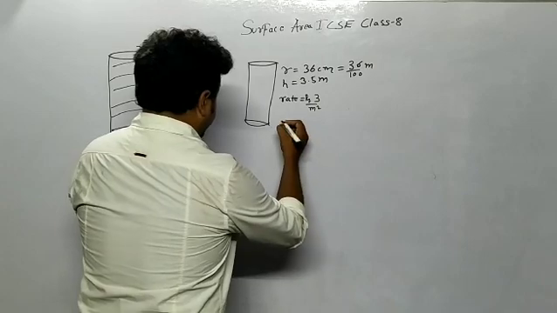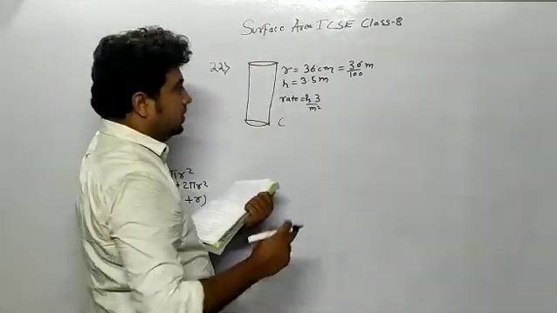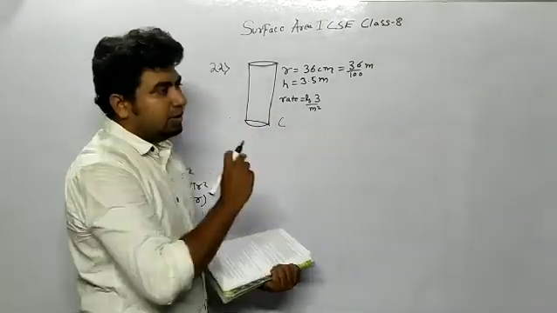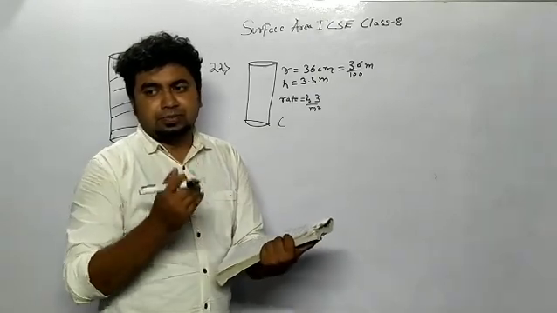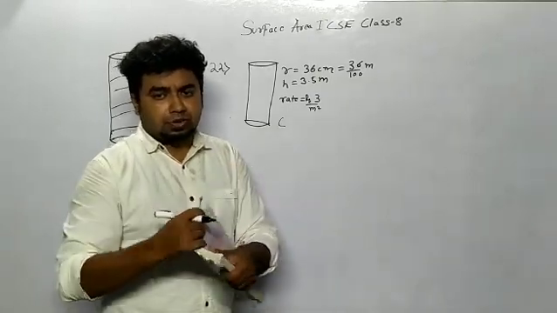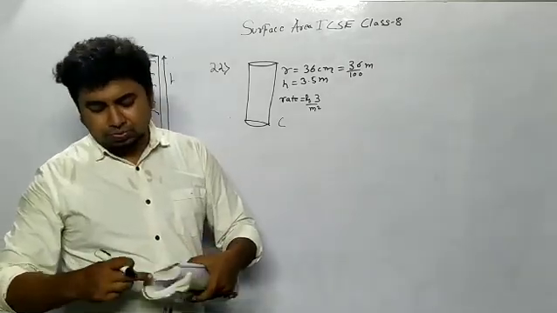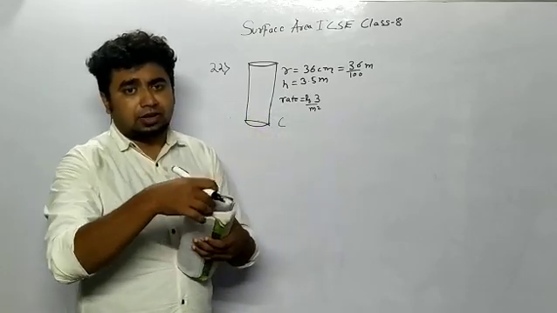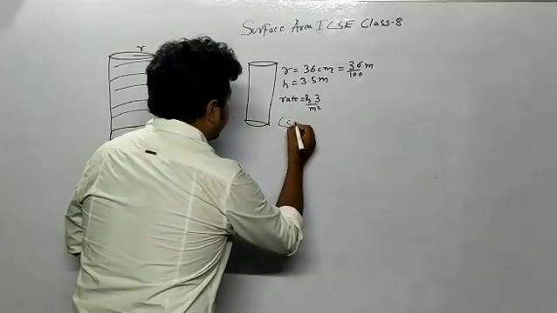Now we'll be finding the curved surface area, because this part and this part will not be painted. This is the opening part of the pillar, or the cylinder, or any open surface, a pipe I am taking. So you don't have to paint the open part. This part you don't have to paint, or this part. Only the curved surface part you need to paint. That's why I will be finding the curved surface area.